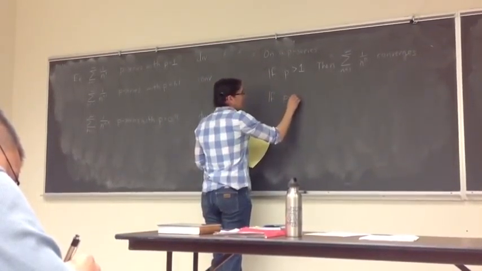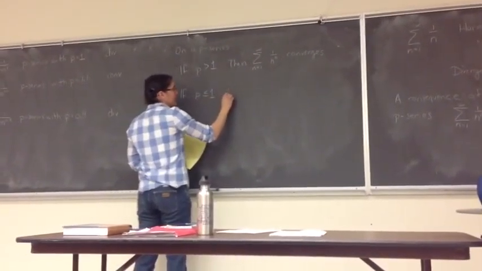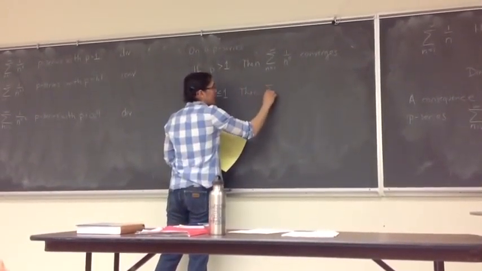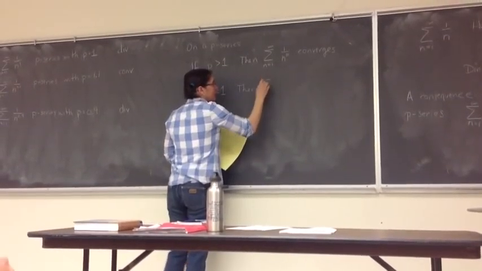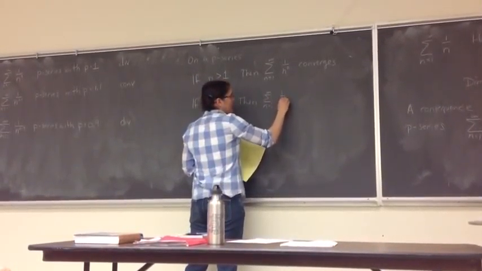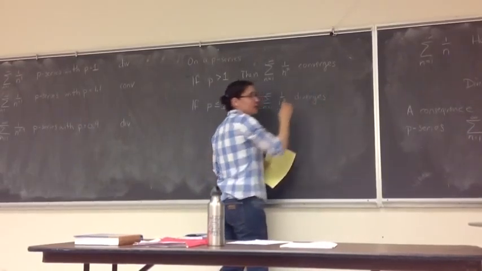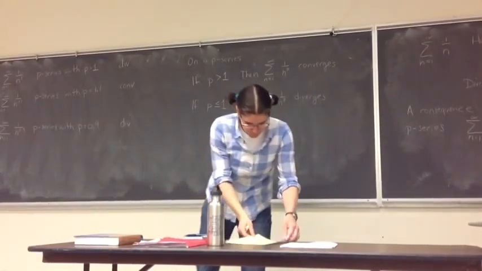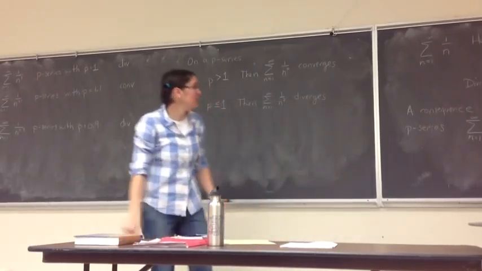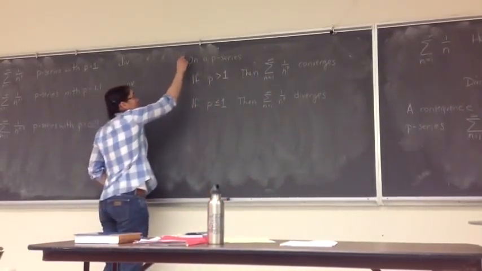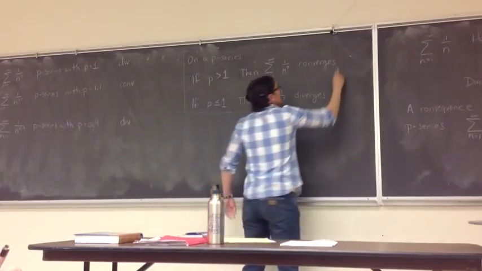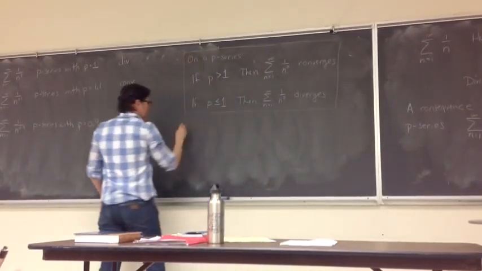If p is less than or equal to 1, then the sum where n goes from 1 up to infinity of 1 over n to the p diverges. All right, so this makes life super, super easy. So for example,